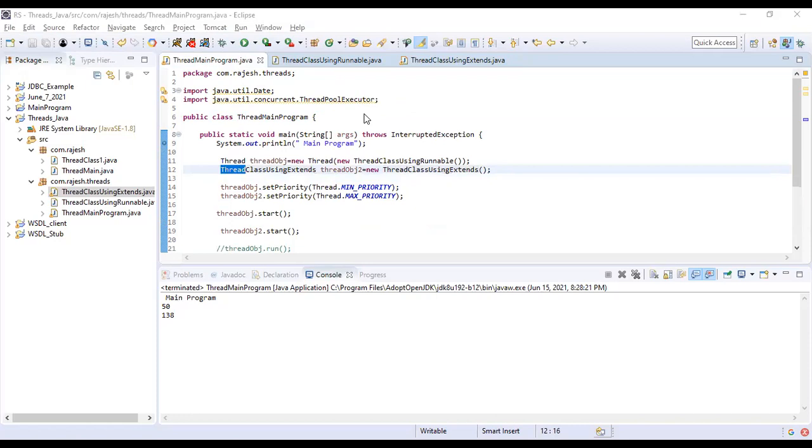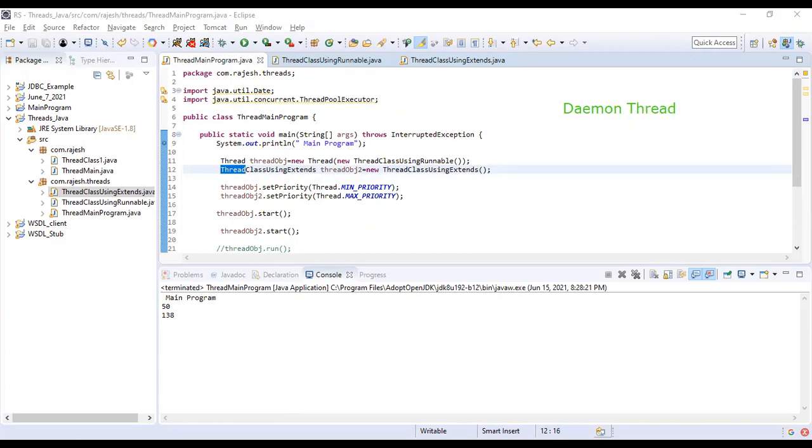Apart from this, we have something called a daemon thread.